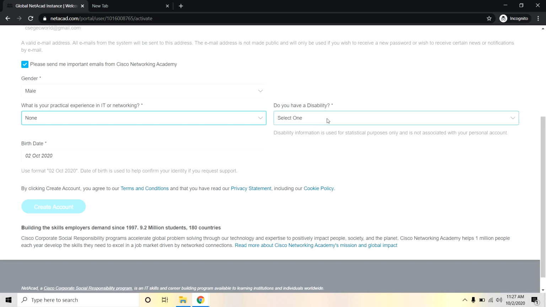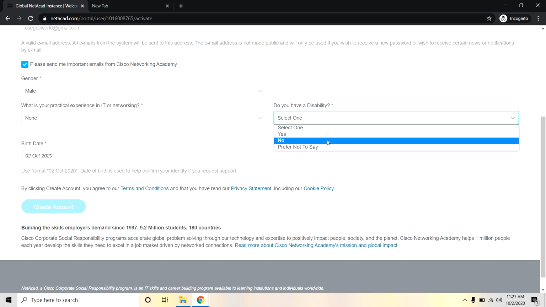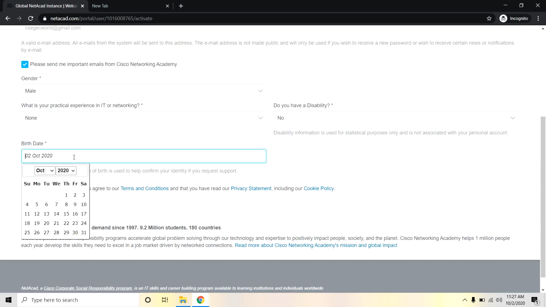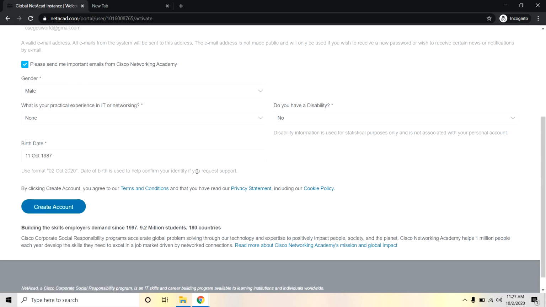None. Do you have any disability? Based on preference, no. And birth date. Now you can create the account.